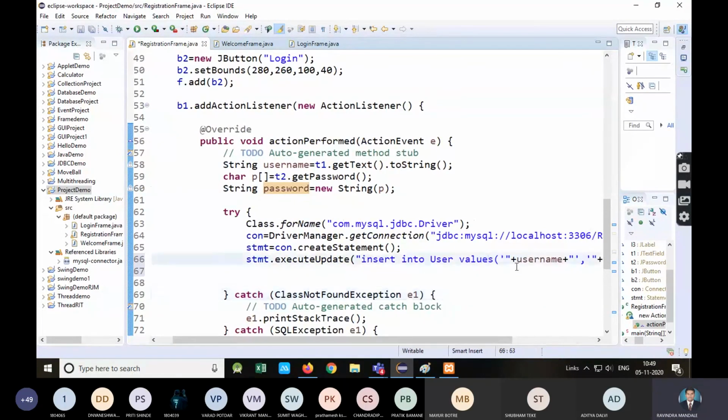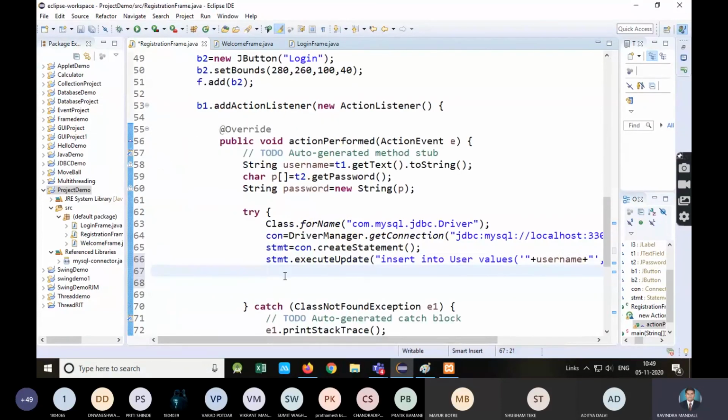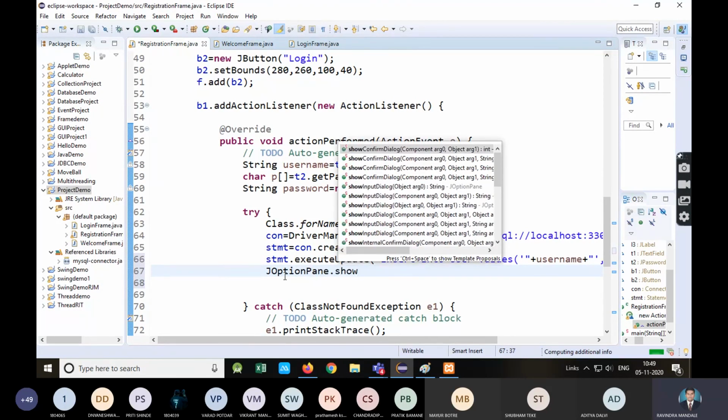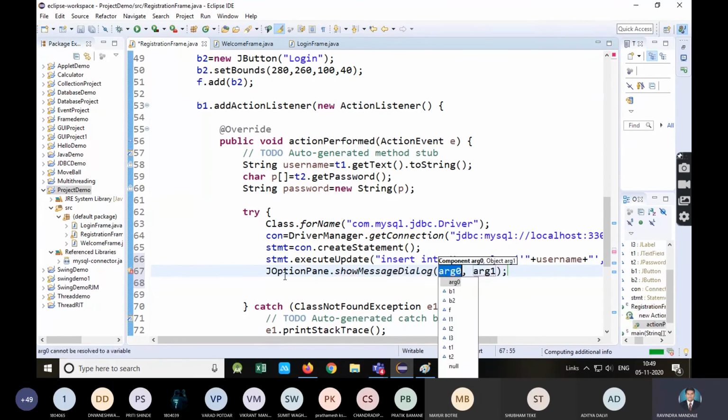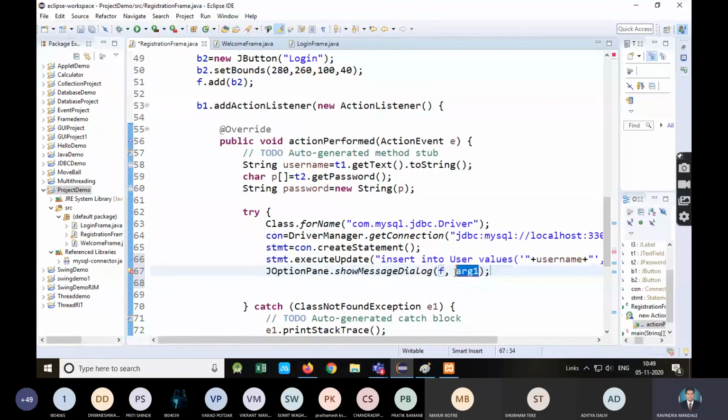Okay, and on successful execution of this, I will display one dialog to the user with the help of JOptionPane. Right now I'm using frame object. On frame I want to display the JOptionPane. Without frame also you can use the JOptionPane.